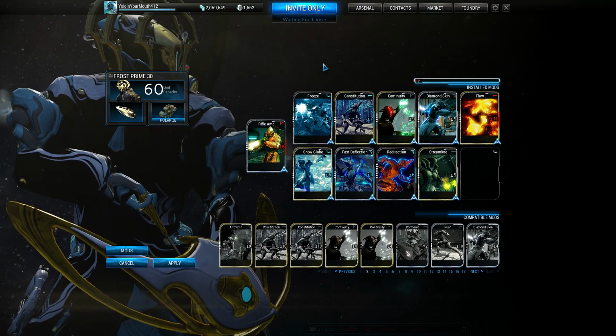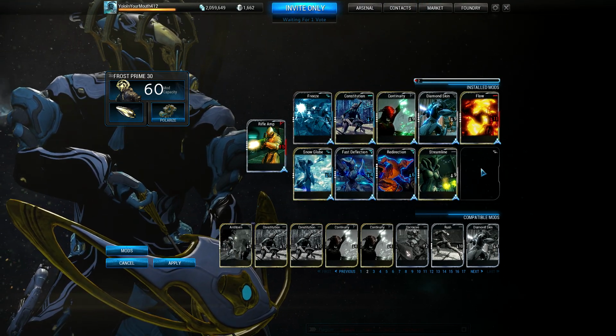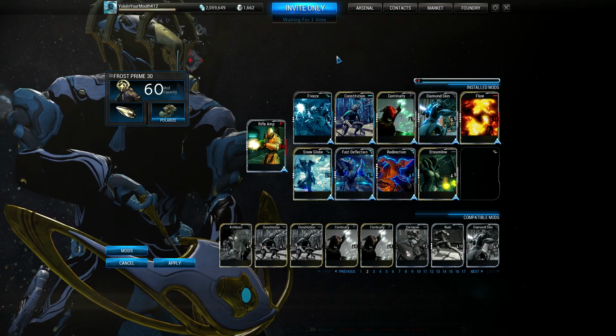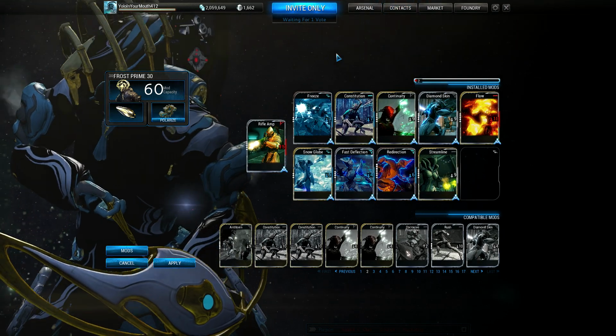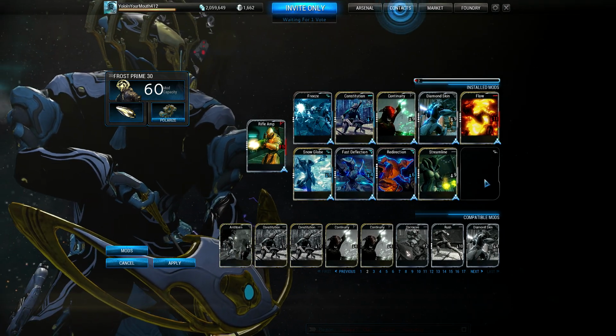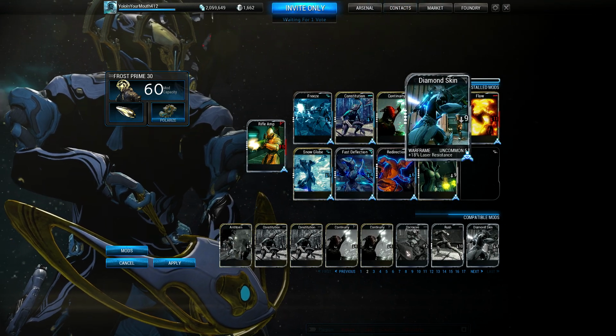you can kind of keep this same build, but you're probably going to want your Avalanche in there. A lot of people like using that ulti. Keep these other two powers. You don't need to mess with his other power. It's not that great. And to put an Avalanche in, you could take off the diamond skin, and you could